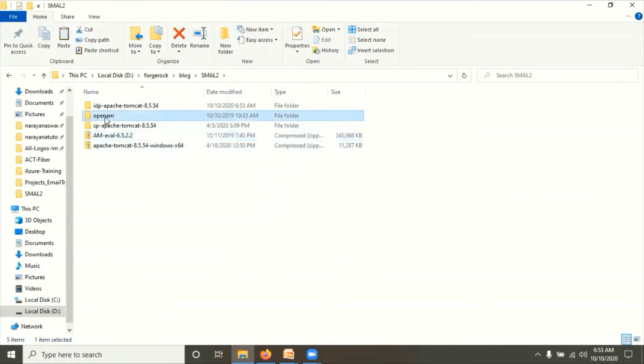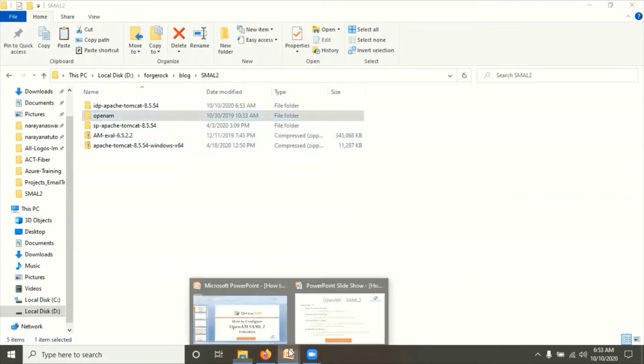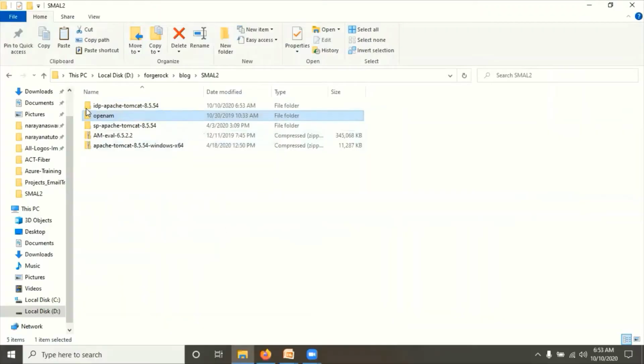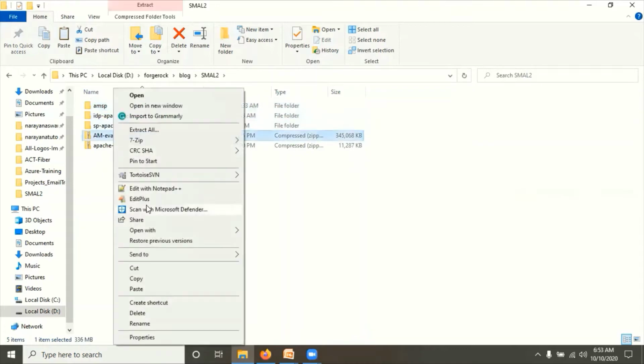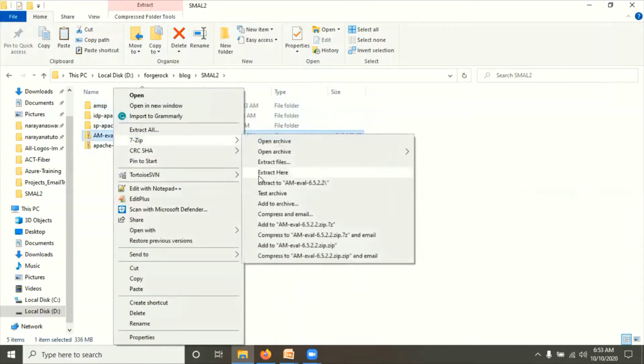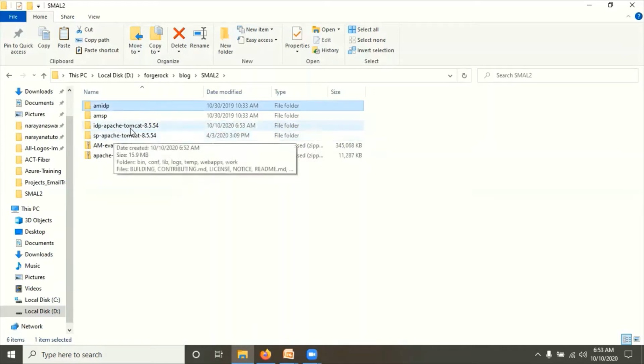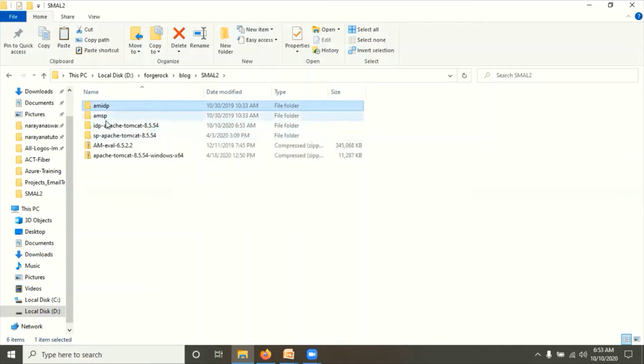Instead of using the same name, we use the names we have given, AMSP. In the same way we extract one more time and rename that folder AMIDP. Now we have two Tomcats ready and two OpenAM WAR files ready.